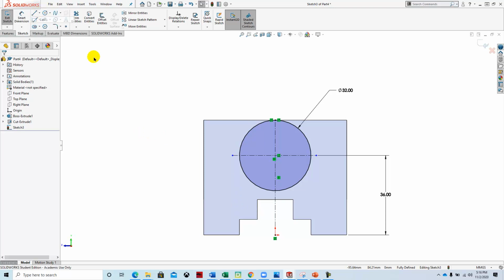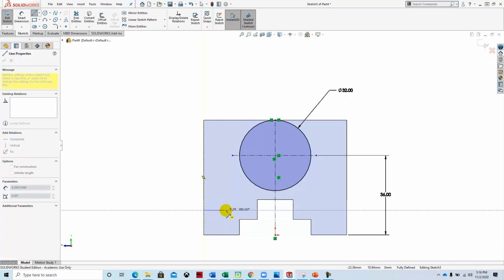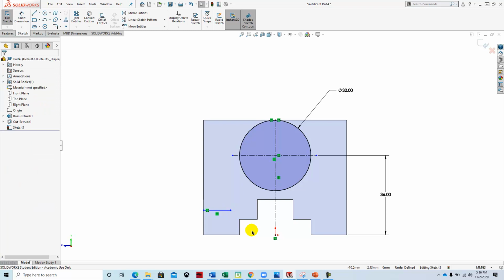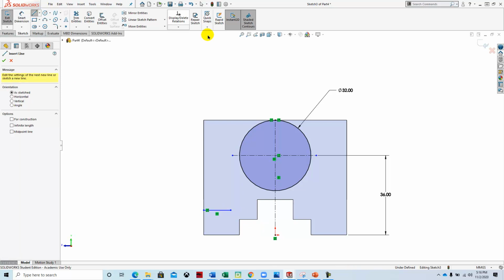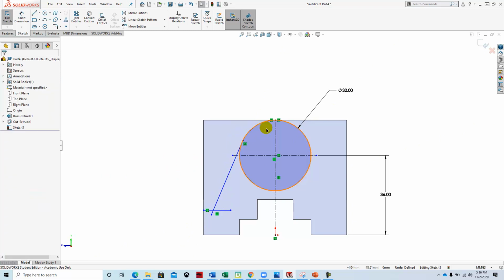And I guess we want a regular line actually, and I'm only going to draw half of it. So I'm going to come in here and just put that like that, and then I'm going to draw another line from just down here to a tangency point and hit escape. And so this is now tangent. If it doesn't give you a tangency relationship, you can add that. And then I'm going to mirror this